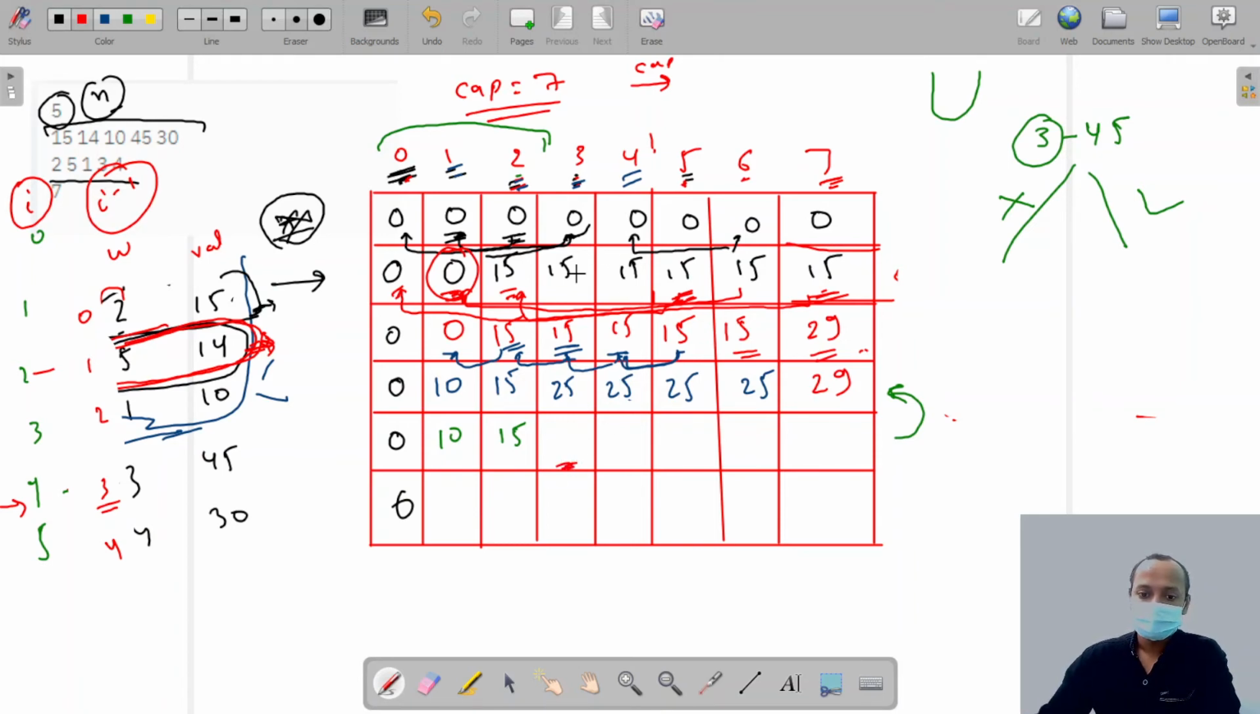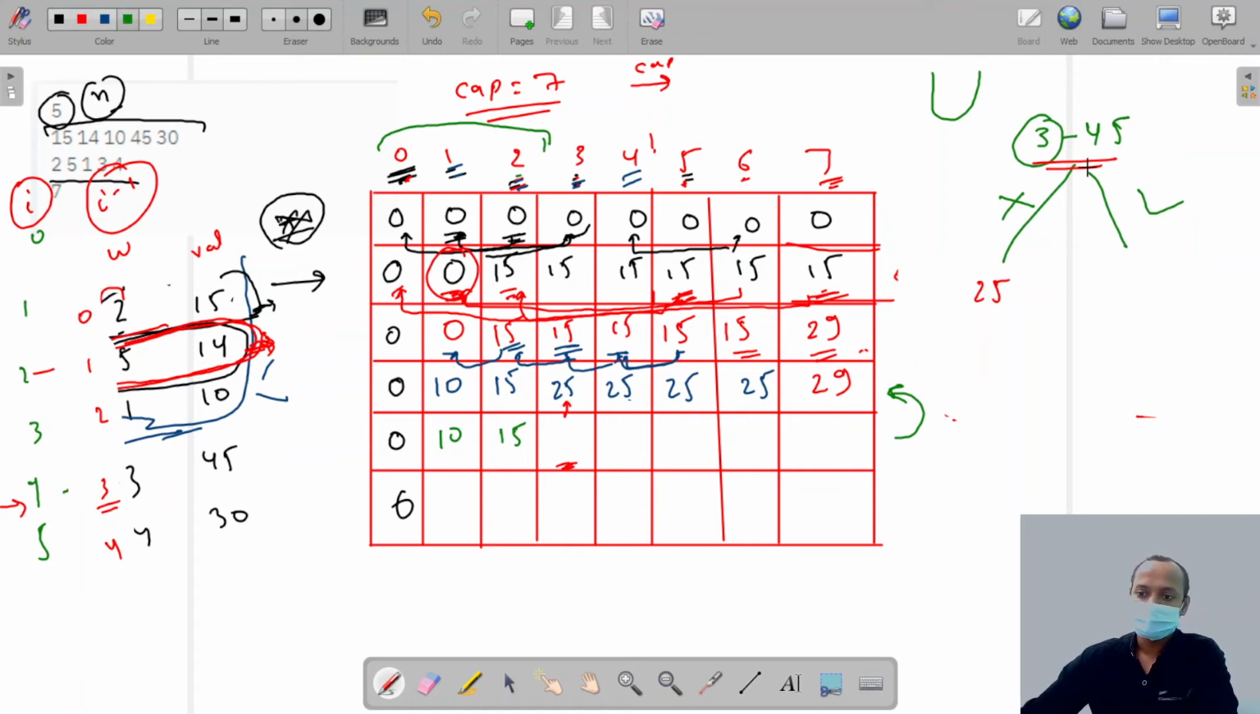Now I'm talking about this point. At this point we have this item. So now we have a choice, we can exclude this or we can include this item. So first we exclude. If we exclude this, we check here what we get. What we will get, we get 25, right? And